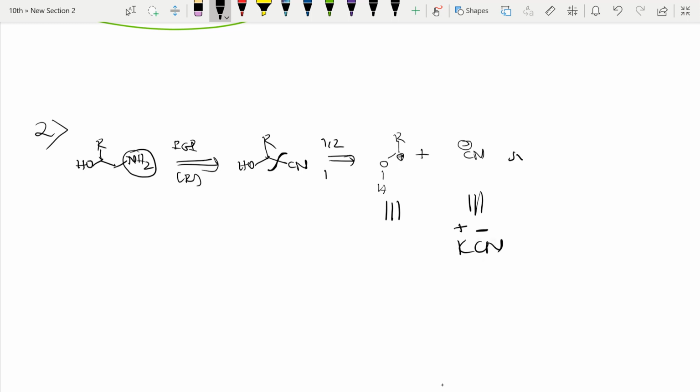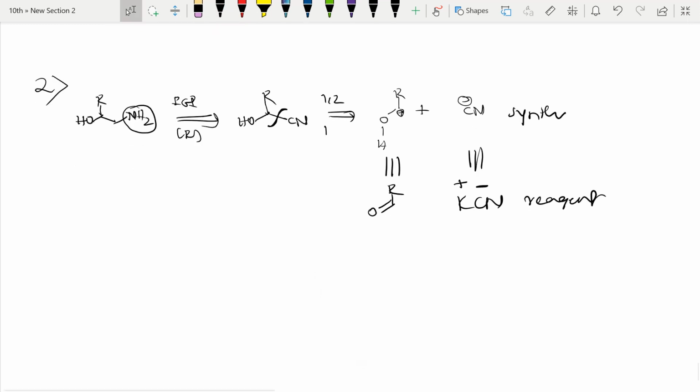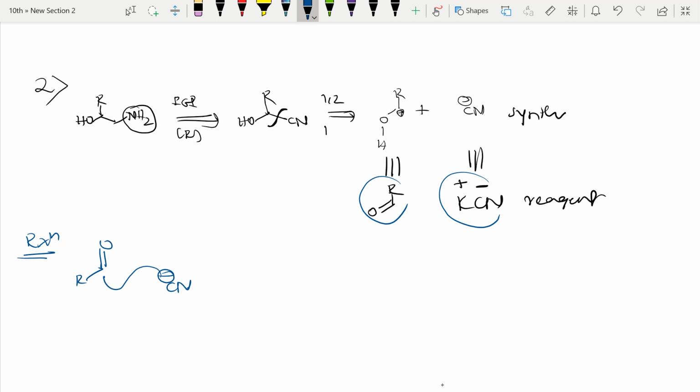So this is the synthon, and this is the equivalent reagent, right? Here I have told you, directly we need to write like this only. No need to have a problem, right? So we can split like this. The reaction I hope you will write yourself. So how to write the reaction? First you need to take these two, R-CHO aldehyde and CN minus. Then you can do the reaction. These things you can write by yourself.